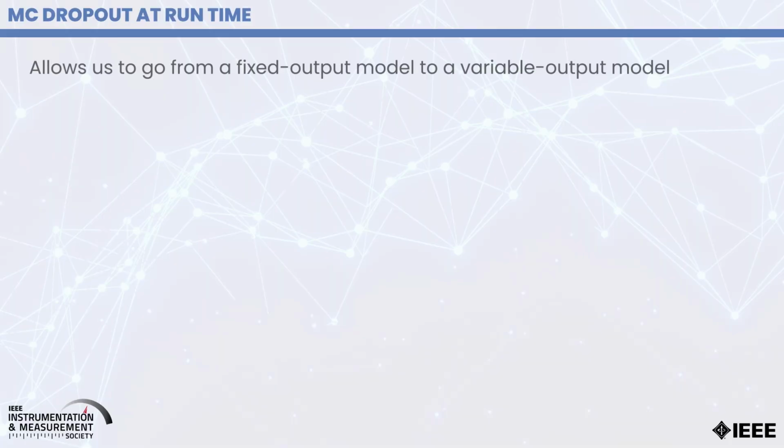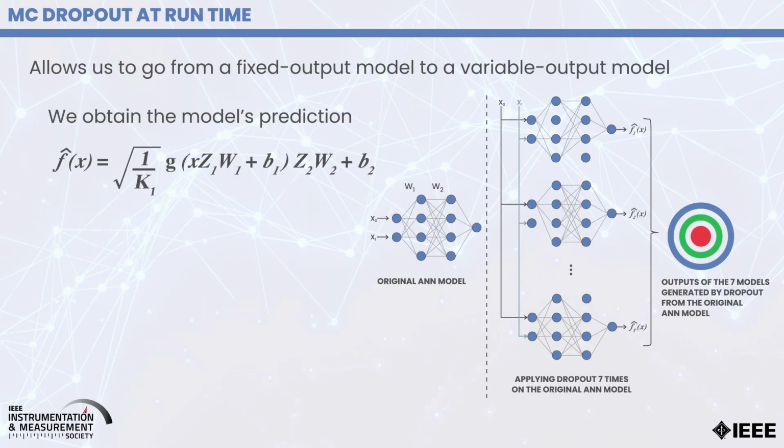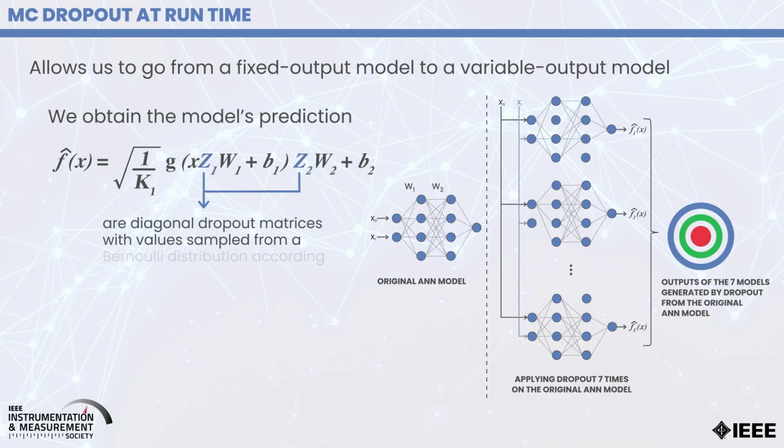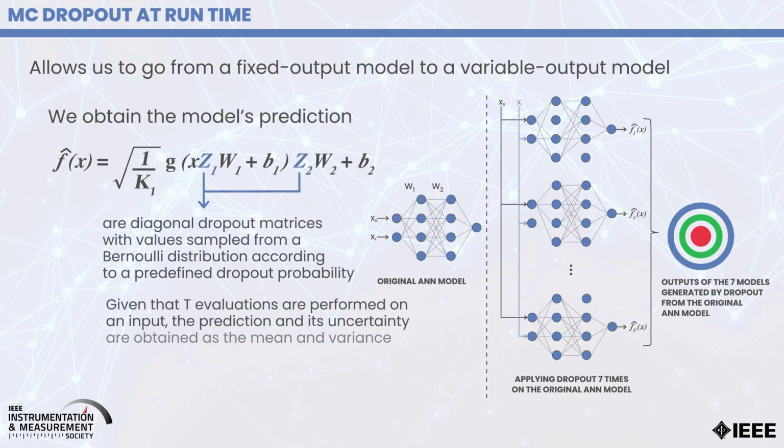Let's take a look at one of them, Monte Carlo dropout, first. So here what we do is, let's assume that our machine learning model is a neural network as shown here. Again, if you give it x0 and x1, it always gives you the same output y, but we want different observations. So what we do in Monte Carlo dropout is that we insert these dropout matrices Z1 and Z2 that have values that are sampled from a Bernoulli distribution.